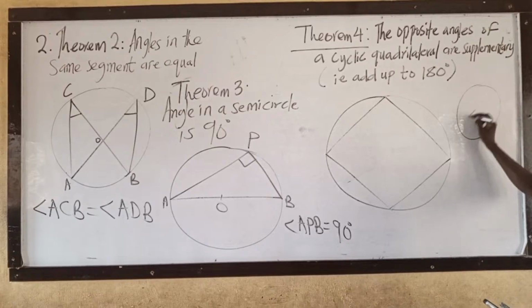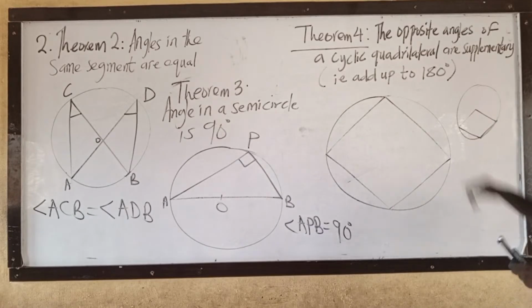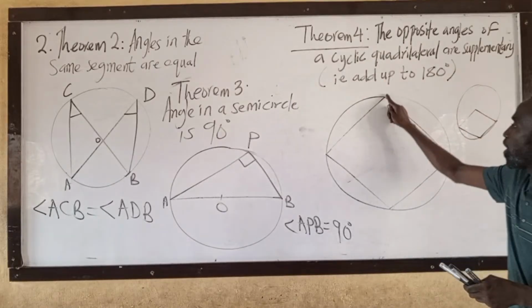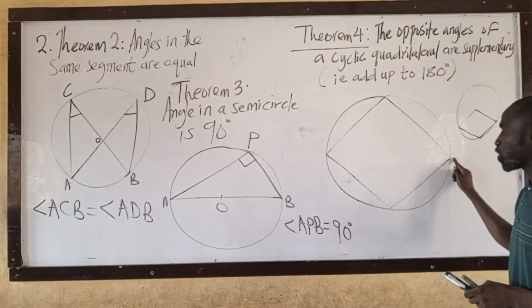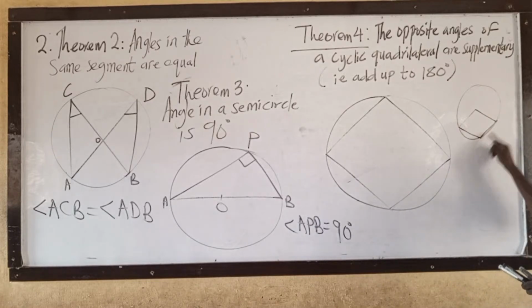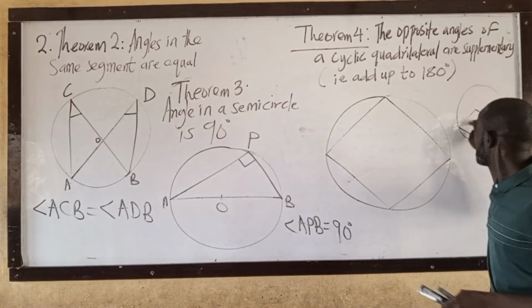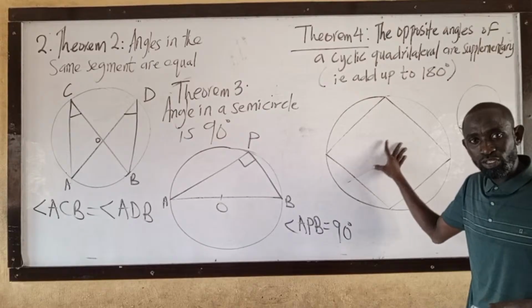We have this. It's not all the vertices that touch the circumference of the circle. Just 3 of them, 1, 2, 3. But in the case of a cyclic quadrilateral, all the 4 vertices must touch the circumference of the circle. Are you with me? This one, just 3. So angle at the center is twice angle at the circumference. But this one is the cyclic quadrilateral